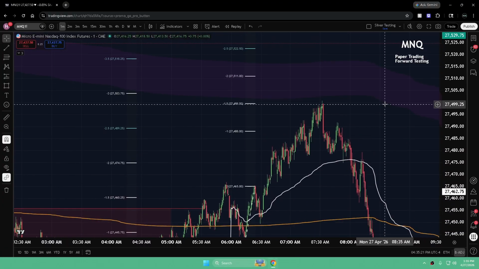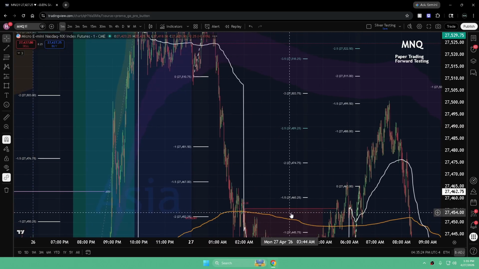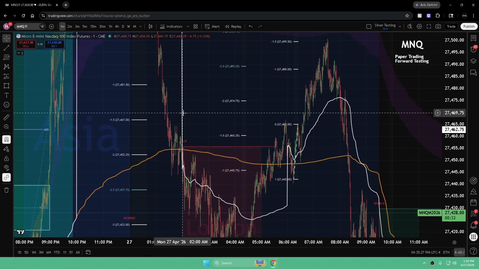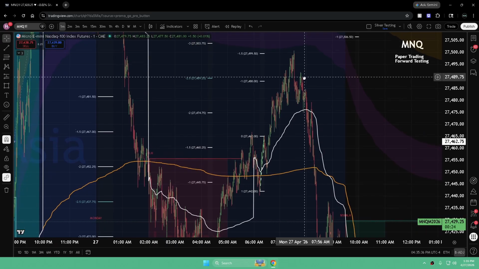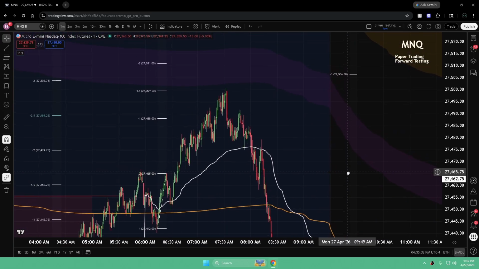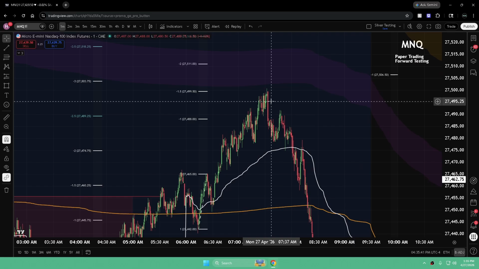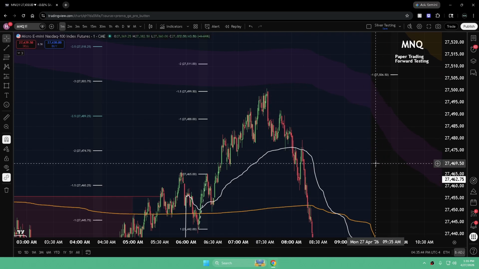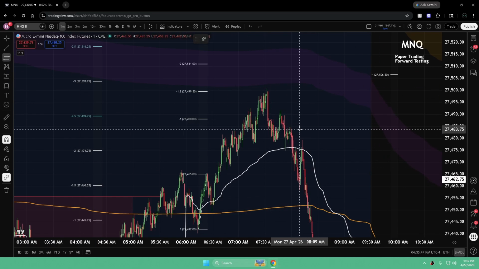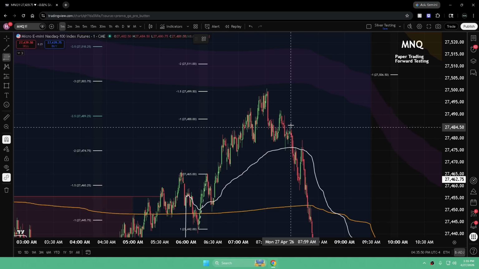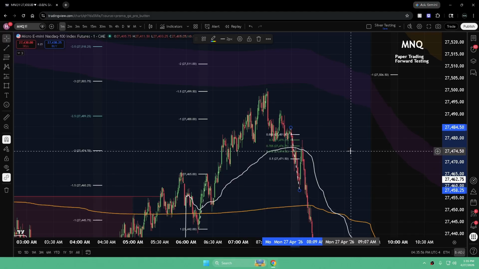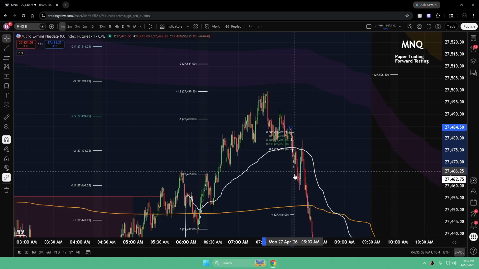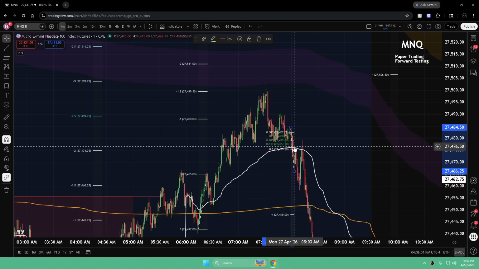We reject off -1.5. We took London highs. If you aren't in a trade by then, you can see that by 8 o'clock right here is when you would usually be on for Ivan trades. So you can see that we sweep these highs, then we sweep these lows, and we're pushing down even more. So you're waiting for a retracement. You get in, you mark your fib, boom, to boom, and you can get an OTE off of this right here, or even this leg right here, OTE of 618 for shorts.